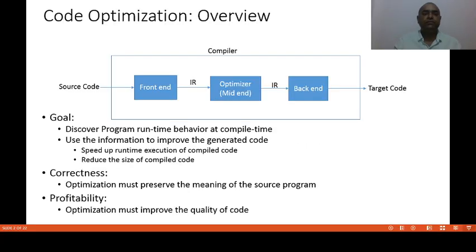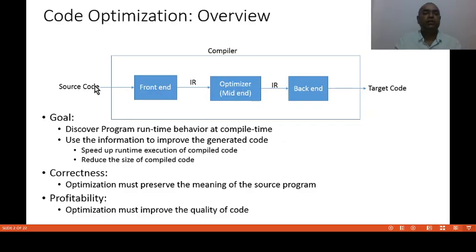Code optimization. As we know, the compiler has a front end that contains the lexical, syntax and semantic analysis phases, a back end that is the code generation phase, and a mid end that is known as the optimizer.